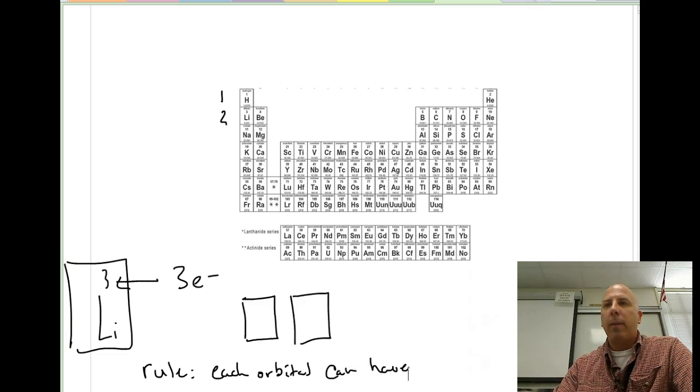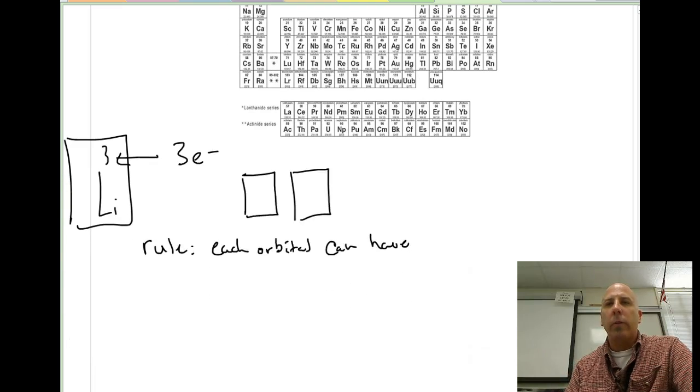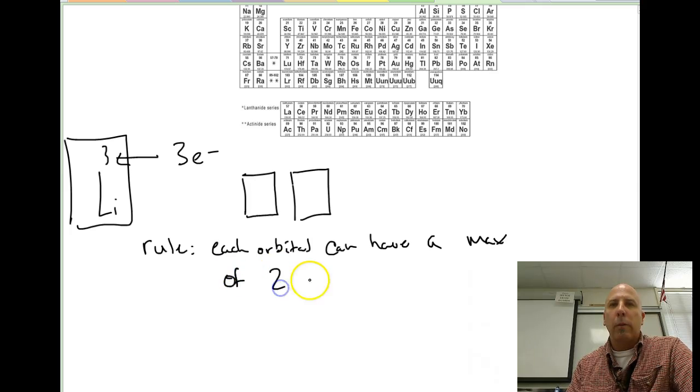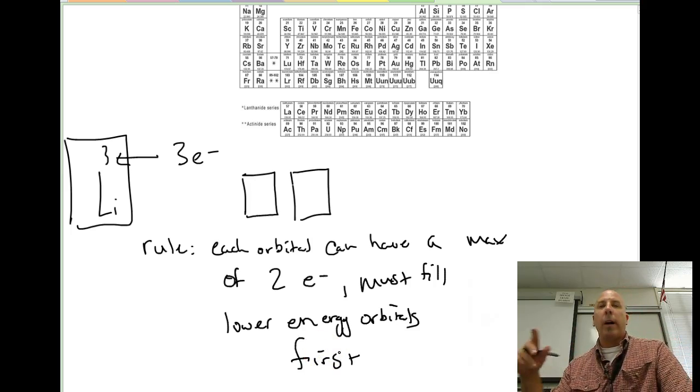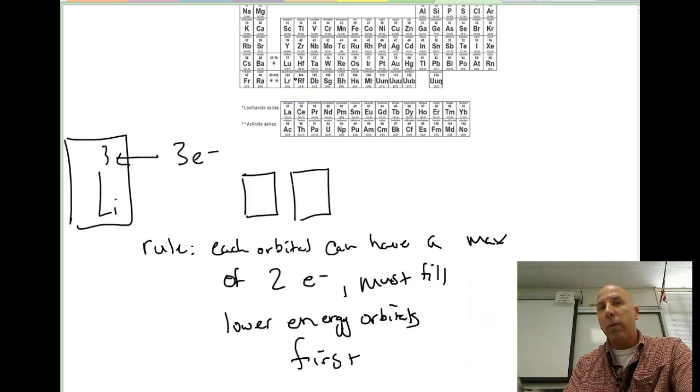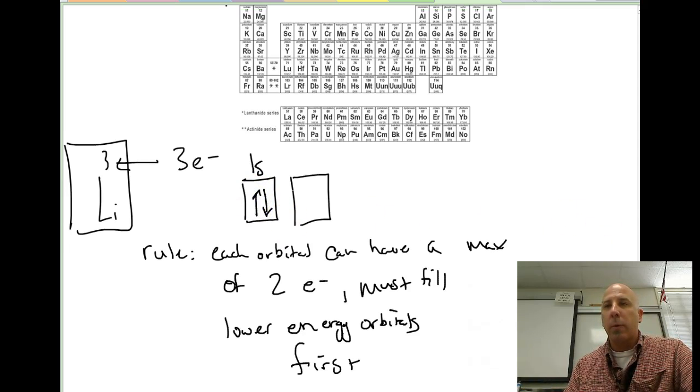Each orbital can have a max of only 2 electrons. And we must fill lower energy orbitals first before going on to higher energy orbitals. So again, we're going to start with our lowest energy orbital, which is our 1s. Okay, and we're going to go ahead and fill that. We're going to put 1 electron in and 1 electron in with opposite spins, as we did with the previous